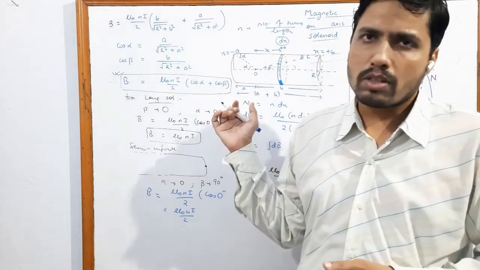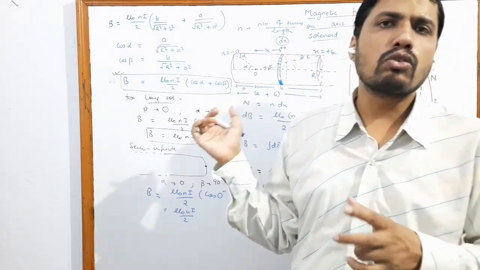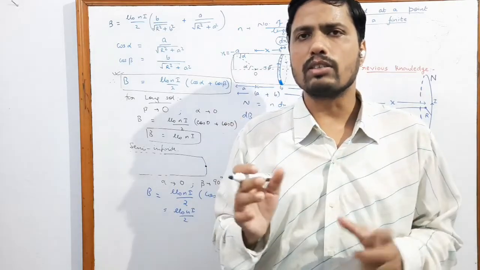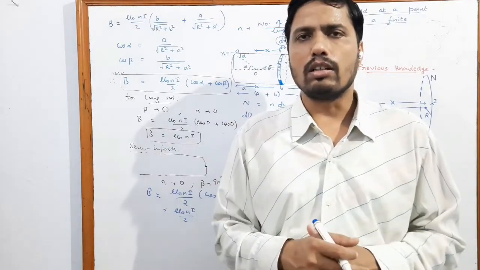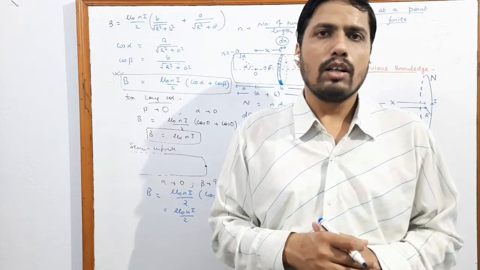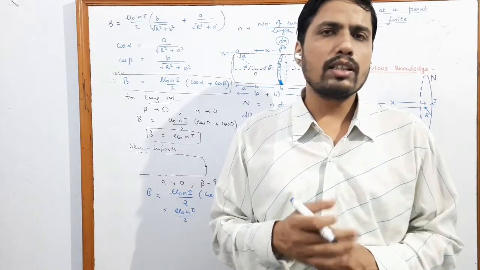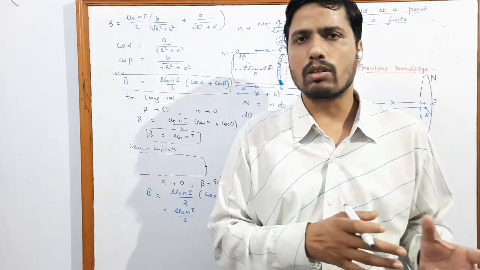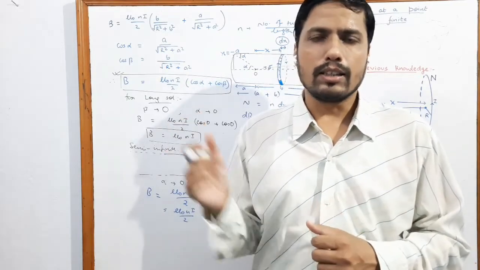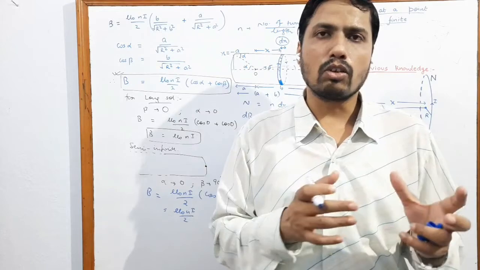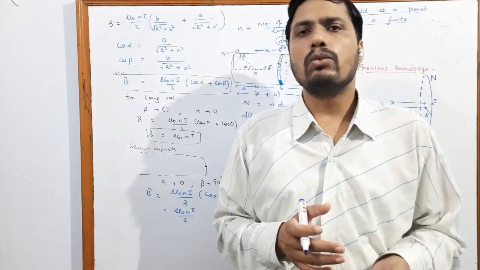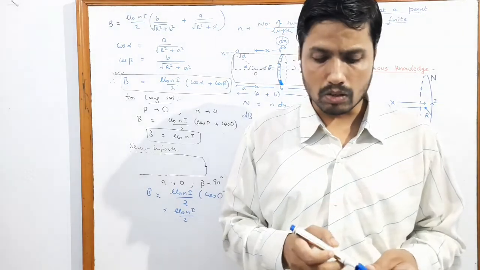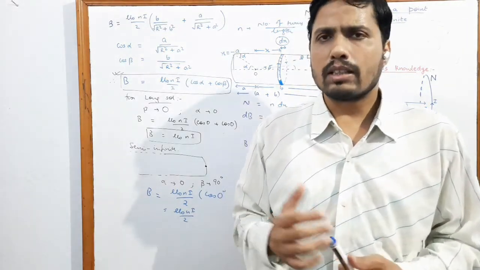Now, if you have understood this particular concept, I don't think I need to solve some numericals to explain to you how to obtain magnetic field on the axis for different cases for a solenoid. So I would like you to do them yourselves. In the next class, we will come up with some combined numericals based on Biot-Savart law, Ampere's circuital law, then this particular solenoid, then toroid, then magnetic field due to circular segments, straight segments, some of which we have already done also. So today I will not make the class lengthy.